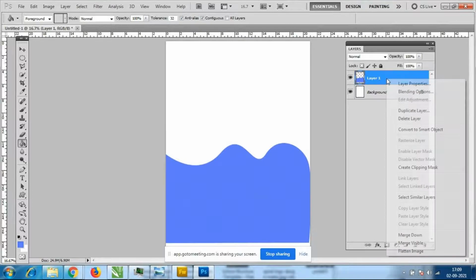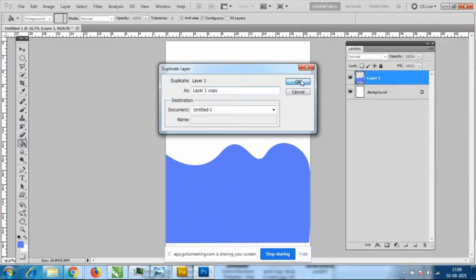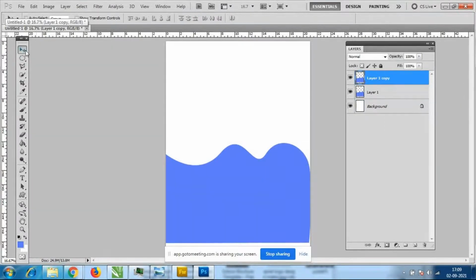If you want to take a duplicate layer of this, you can take the duplicate layer here. Right click on this layer and take the duplicate layer. Now what happened, two different layers are there, but both are in the same color, so that's why you're not able to see it. I want to give a different color for this duplicate copy layer.